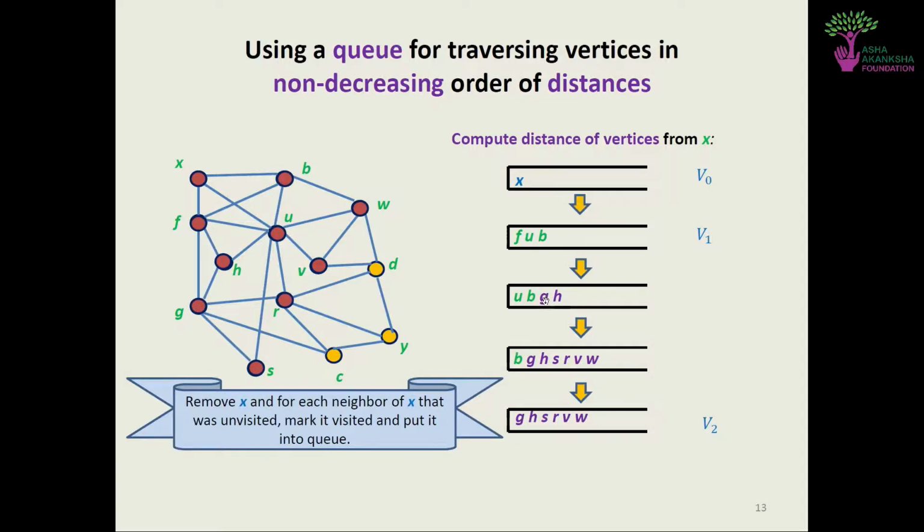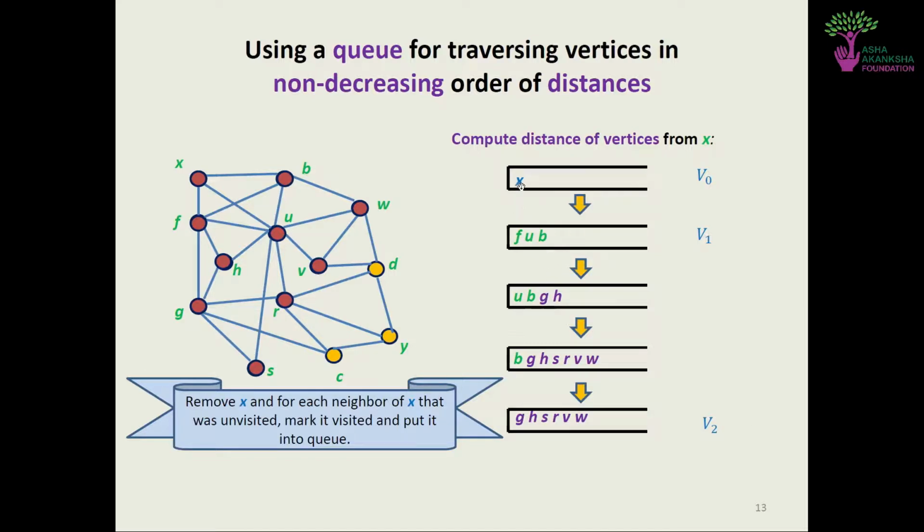You can see here, these are assigned the color purple. This is just for representation. So x will have distance 0, f, u, and b will have distance 1, and everything purple is newly added. Since we are done with f, now we can check u. We look at all the neighbors of u which still have distance infinity, and we add them to the queue. So we are adding s, r, v, and w to our queue. Then for b, we look at all the neighbors, but everything is already done. So everything here is part of v2.